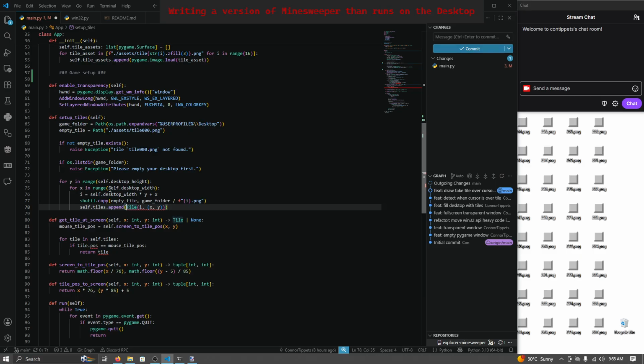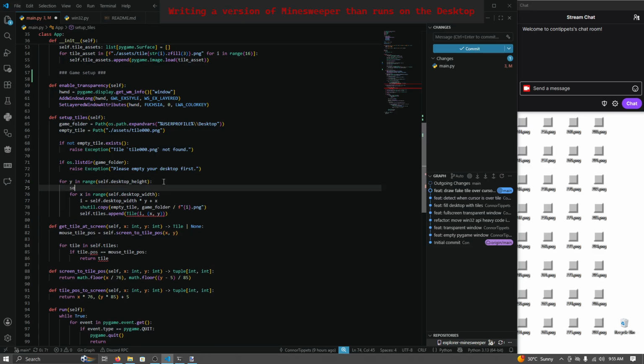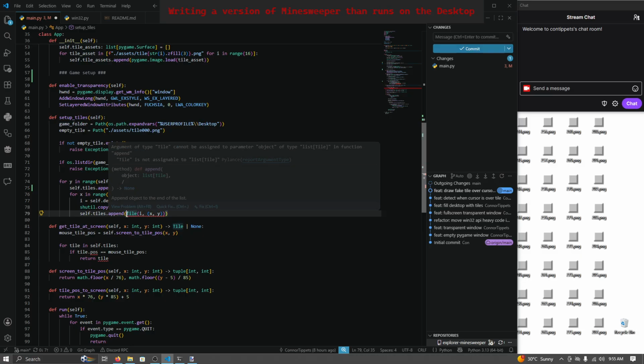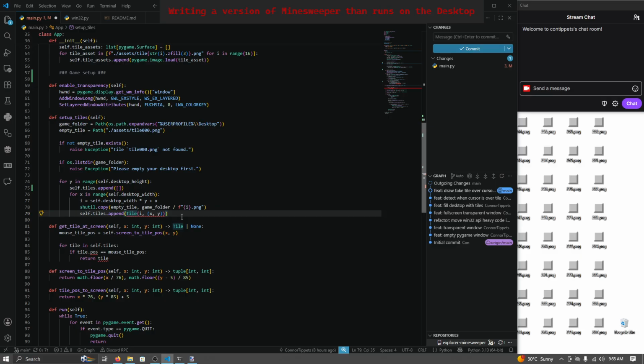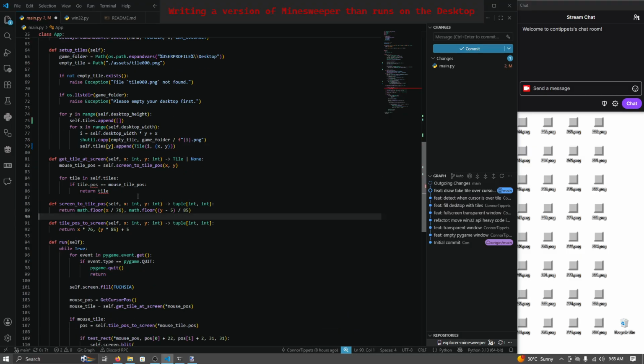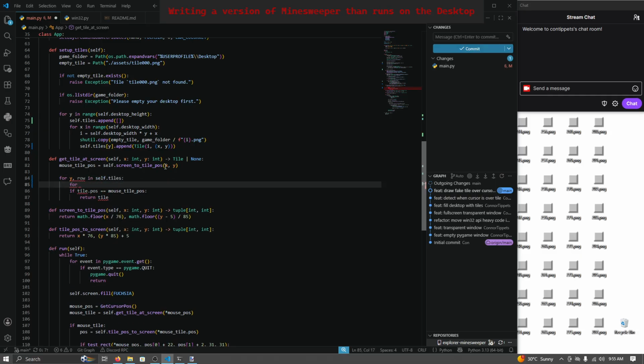So now this is... Here we want to append one, and then Y will now be the newest row in the list, so I can do Y dot append this. That should be correct. This is Y row in self dot tiles, and then we need